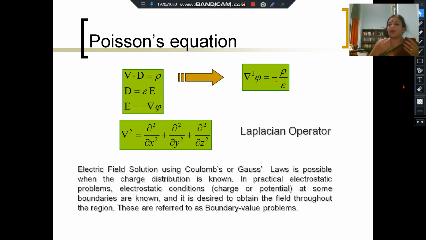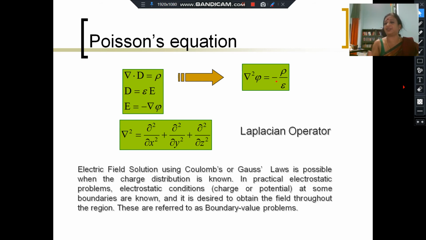Now you might say, why can't we do that using Coulomb's law? Yes, you can compute the field inside a dielectric using Coulomb's law or using Gauss's law. We have all done that in our undergraduates. We know how to do it. But the problem is this: in a real life scenario, if you need to apply Coulomb's law, you need to know the charge distribution. If you need to apply Gauss's law, you need to know the charge distribution. How many times in real life do you know the charge distribution? If you have a simple thing like a capacitor, do you know how much charge is there on the capacitor plate? Do you know how that charge is distributed? And that's for a capacitor.